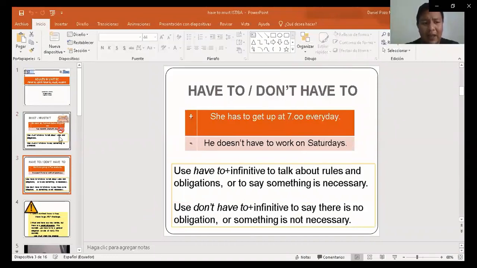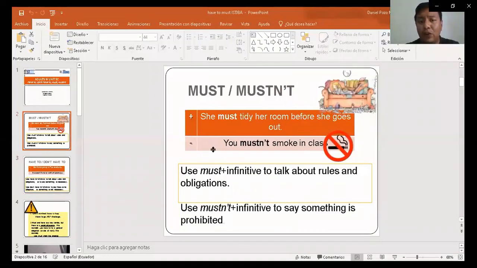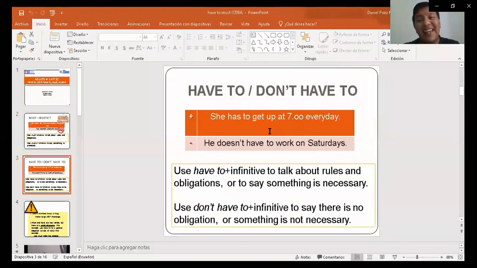Entonces, ahí viene la diferencia entre estos dos factores. Must, to talk about obligations, algo que tú realmente tienes que hacer, no puedes evadirlo, debes hacerlo. Have to es tienes que, entonces ese tienes da a entender, si es que quieres lo haces, si no, no. Entonces, los profesores siempre dicen, you have to study hard, tienes que estudiar fuerte, pero ya depende de ti, porque uno dentro de clases puede hacer maravillas, pero si tú sales de la clase y ya te